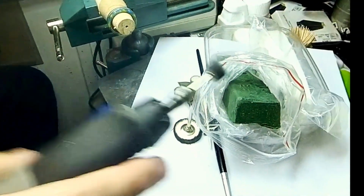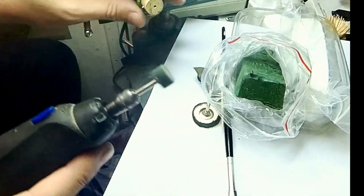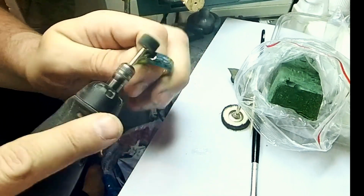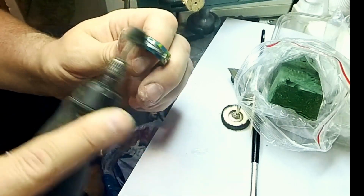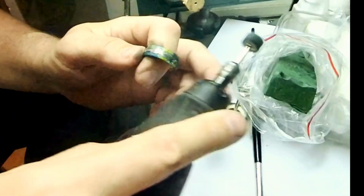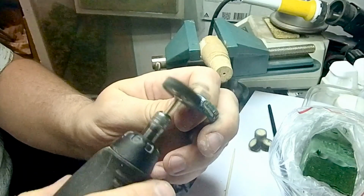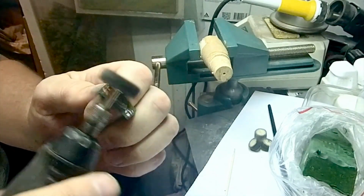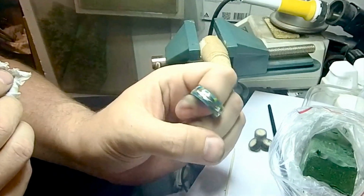Once this is done, it's all about the finish work. So we're gonna start polishing with the Dremel tool. This is polishing compound, and just polish it, go around it a couple of times, and then I switch to a bigger polish wheel that's actually polishing it quite well. This is the big wheel, and you just clean it up, and after that I'll take a paper tissue to wipe it off to get the finished